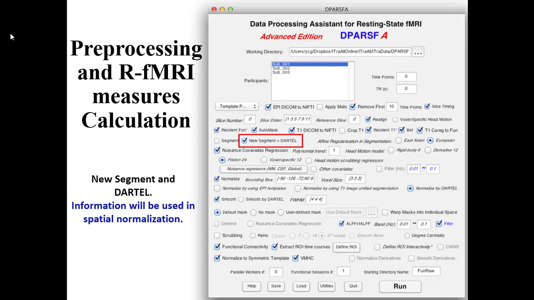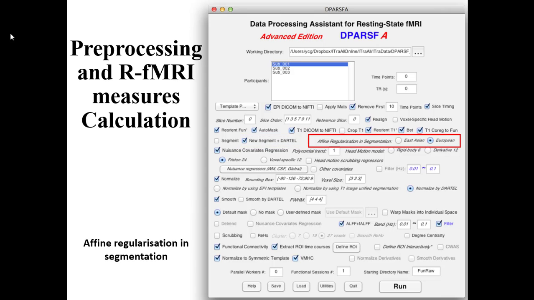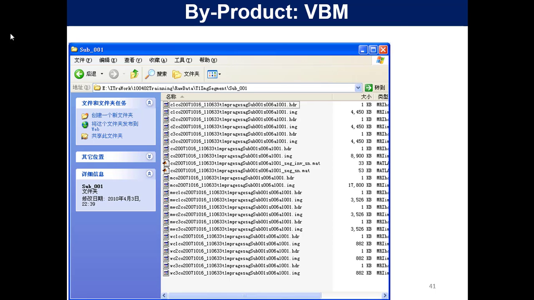So DARTEL is also a pretty good normalization method in SPM. And this is the regularization in segmentation. Usually we just use the default, European, because each subject has two field data. And if you use DPARSFA, you have the byproducts of VBM. So you will automatically have, for example, the T1 image segment or T1 image new segment folder. You can have this kind of file, the